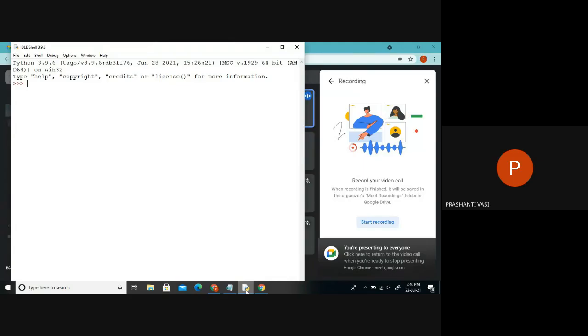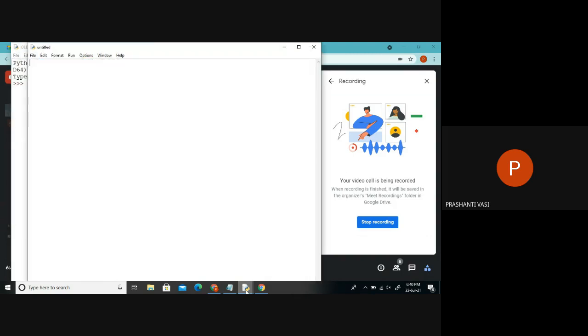I'll just show you the other ways of executing a Python program. Whatever we discussed yesterday was one in Notepad, and one was directly in the shell page, right? And yesterday I also discussed that we can open a new file and type the code here. This is one last thing I taught you last class.